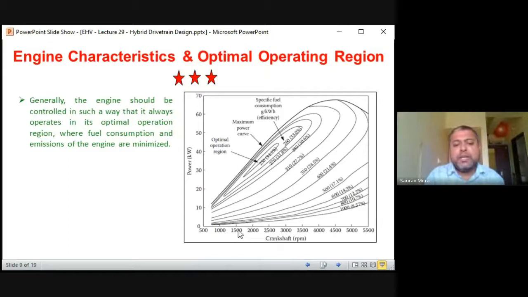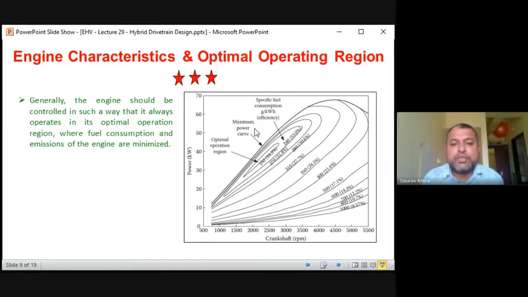That means you are finding almost 30 to 45, 50% of the maximum engine speed or maximum vehicle speed. So that's why it is said that even if the vehicle can go up to 200, but 30 to 45% of it, that means around 40 to 70 kilometer per hour. If you are driving the vehicle at 40 to 70, 75 kilometer per hour, in that case we are getting maximum power efficiency or maximum optimal operating region. And whenever the vehicle is running with best efficiency in the optimal operating region, the carbon emission of the vehicle also will be less.